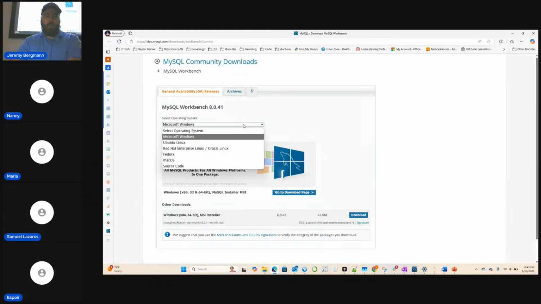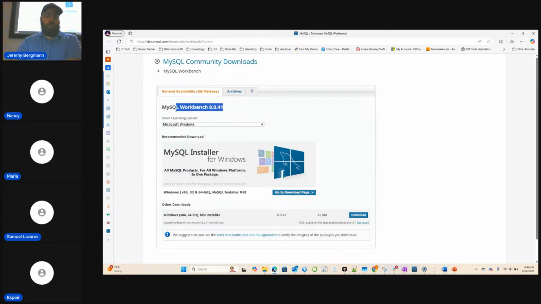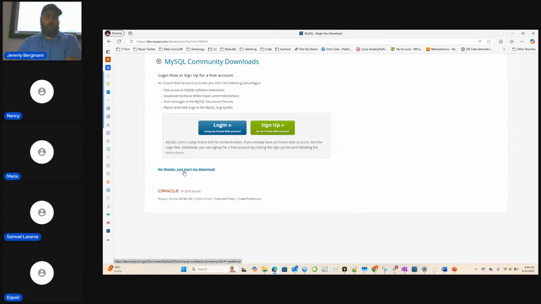You can download it for whatever computer you have. That's the advantage of Workbench, that you can use it on multiple operating systems. So for Microsoft Windows, I would download it. You could say no thanks, start my download. And then it will give you an executable.